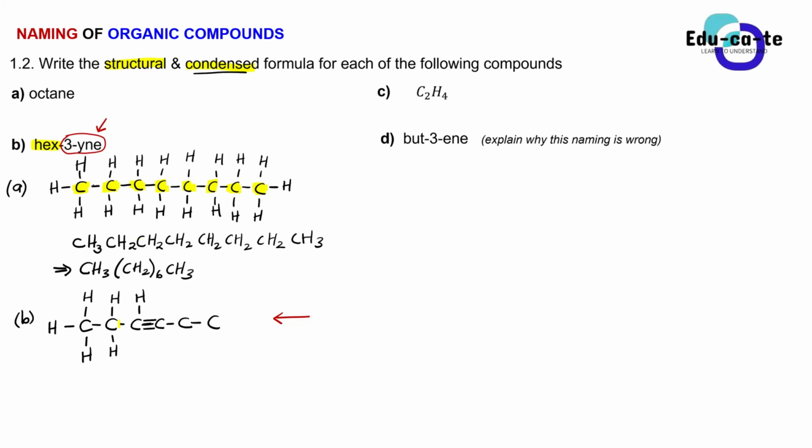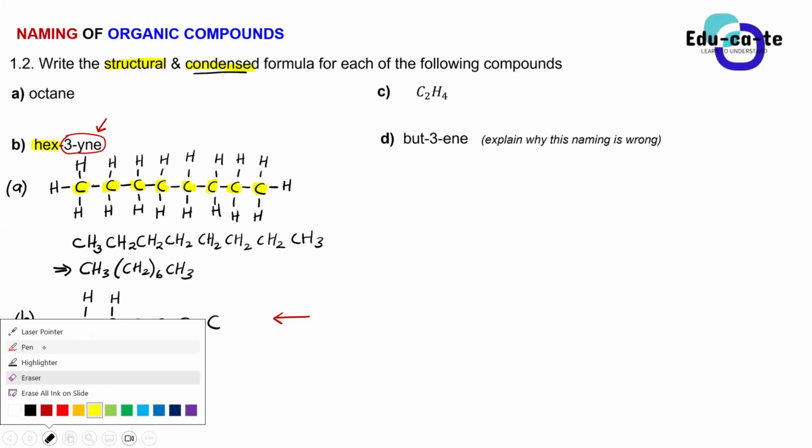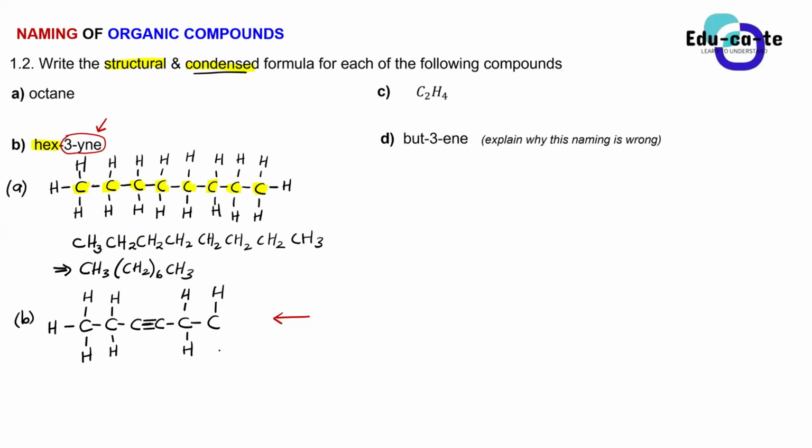That can't be, guys. So whenever you place your hydrogens, make sure that you maintain that each carbon has 4 bonds in total. Okay, so this is 4 bonds on each carbon. This one doesn't have 4 bonds. It is remaining with 2 bonds which go to hydrogen. This one similarly must have 3 other hydrogens to have 4 bonds. So each and every carbon must be surrounded by 4 lines in total. It must have 4 bonds. So this is your structural formula for hex-3-yne.